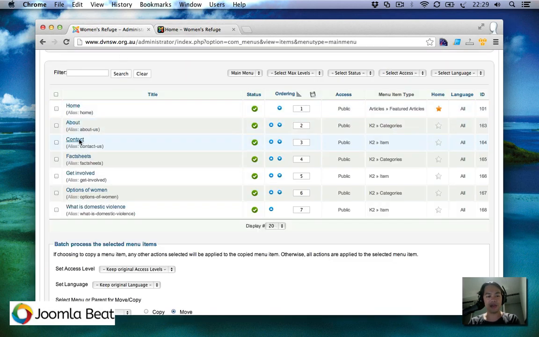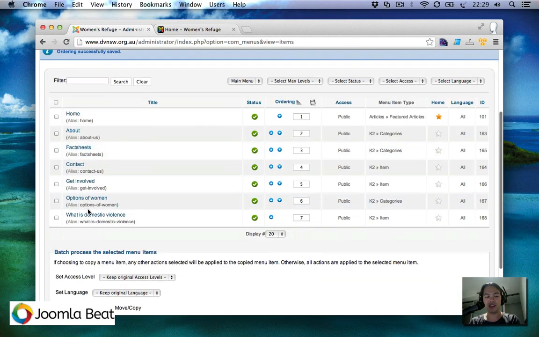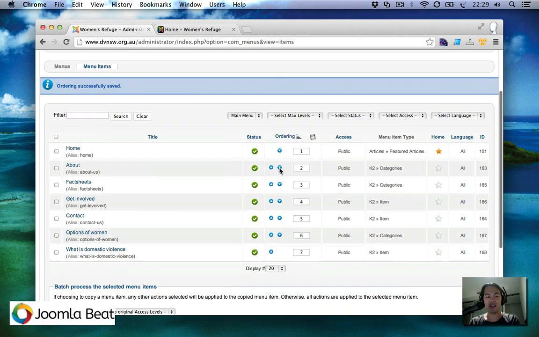Now the very first thing that we need to do is actually change the ordering of these menu items. At the moment you can see it's basically in alphabetical order, and that's not what the client wants. They actually want contact us to be right at the very end. So what I'm going to do is hit these arrow buttons on the ordering column to reposition where the contact menu item is. So I'll just keep on hitting down, and you can see the contact slowly going down the